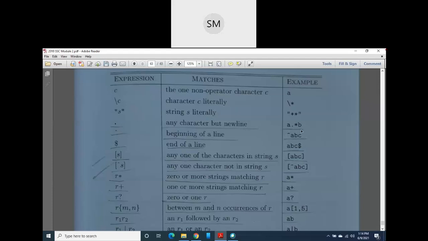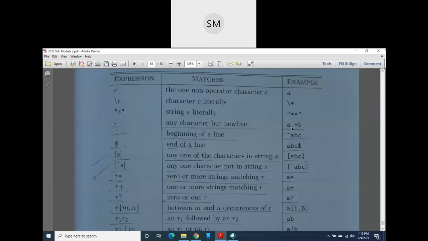It means that after A, there may be any character here, any letter may be present except the newline character. After A, you write anything in the place of dot, it will match. And how many characters should you write? I have written star immediately after dot. It means after A, there may be 0 or more characters, and that string will end with a B. Remember, you should not write a slash n here, that's all.